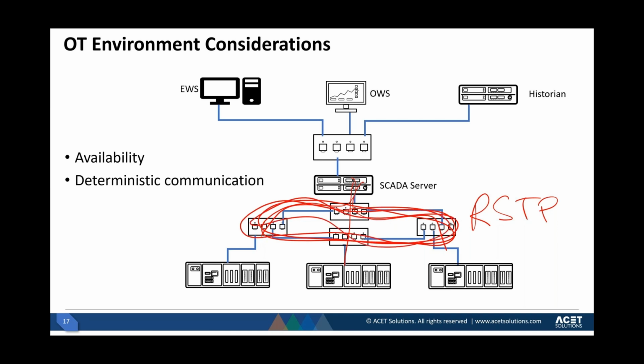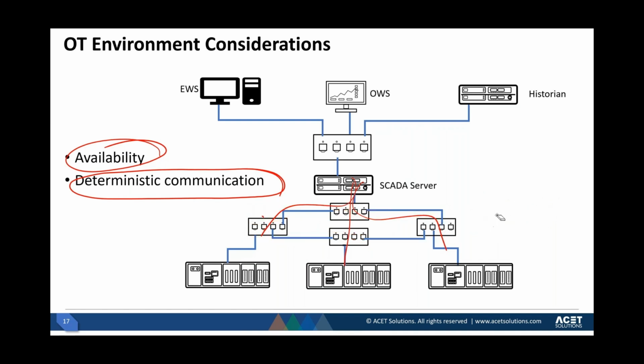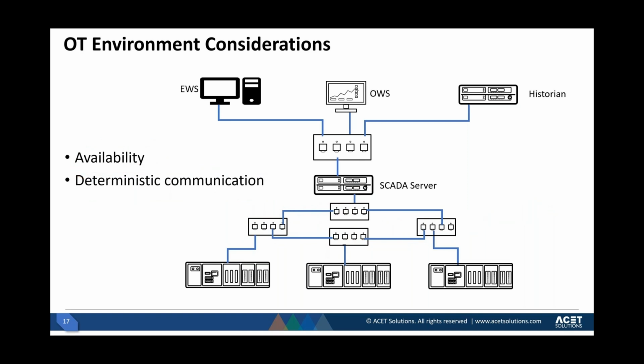So what will happen if the communication is disrupted? Either it's going to affect the deterministic communication, or it will affect the availability. All these scenarios that I'm telling you, these are not fictitious. These are not just coming from textbooks. These are real use cases that I have personally observed and experienced, not 20, 30 years ago, but in the last couple of years or few years.